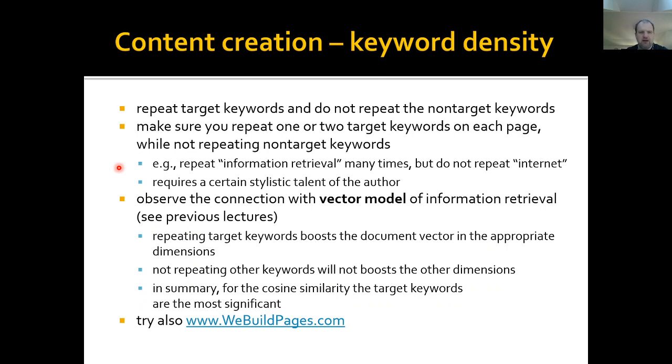Keyword density is a factor that we already mentioned, and okay, we have the head terms, tail terms, but the frequency is also important, because it's directly connected with the vector model of information retrieval. And as we have discussed the TF-IDF weighting, we need to use keywords that are really specific to the document. That's how the keywords get a really high TF component and a small IDF component of the TF-IDF. That's basically the tail